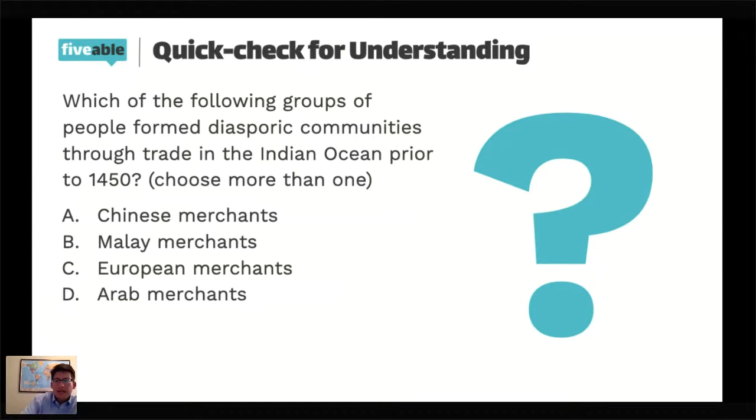All right, and I think we got Shreya with the first correct answer here. A, B, and D is the correct answer. Those Arab merchants, of course, remember the connection with Arab merchants, the spread of Islam, the importance of that cultural spread. So those are very much linked together. Chinese and Malay merchants as well. European merchants will come into the Indian Ocean in 1498 and be there after, although for the most part they are not forming permanent communities there, at least for some time.